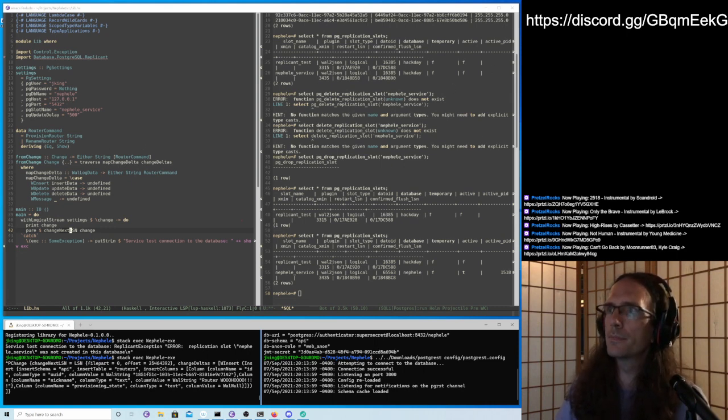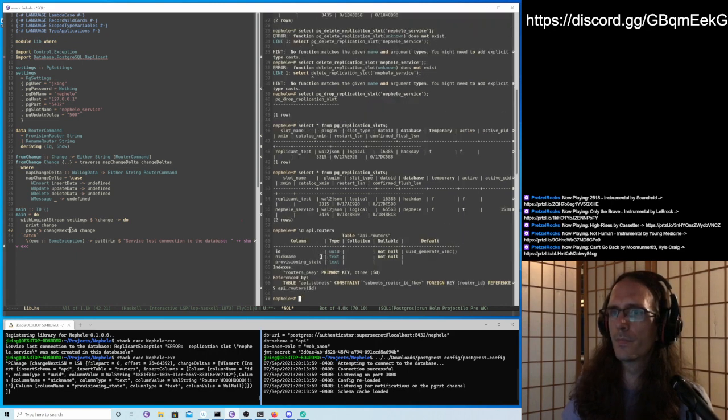Let me pull that back up. Routers. All right, we have a provisioning state here. So initially when you create it, we'll just fill in this field with whatever the state is.